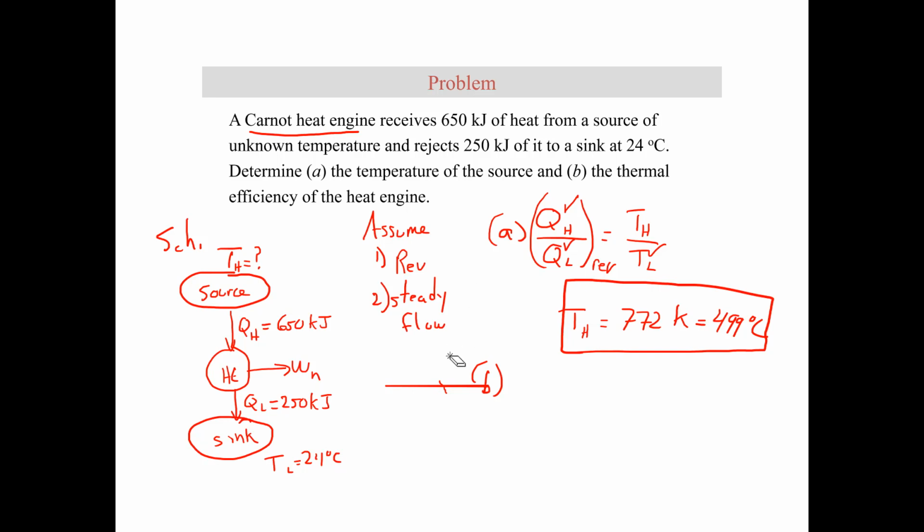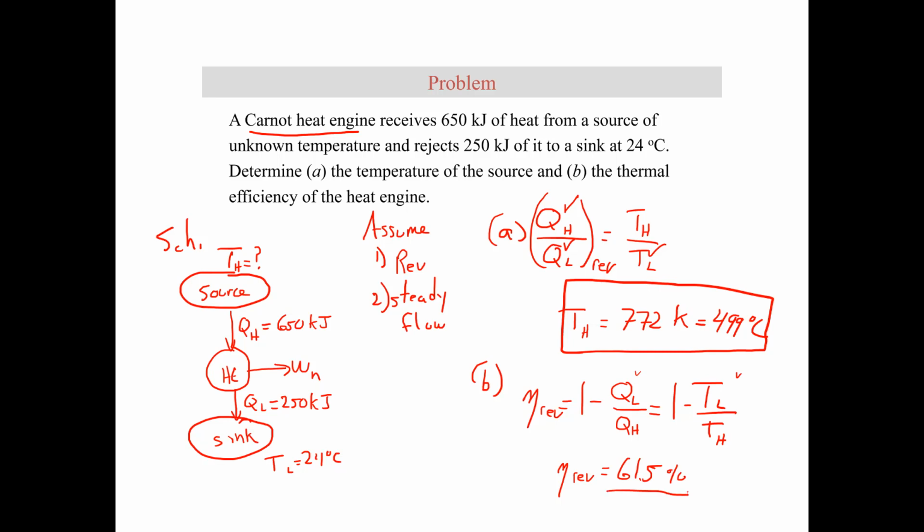Part B is asking for the thermal efficiency of the cycle. If you remember, the efficiency for a reversible heat engine is 1 minus QL over QH, which is also equal to 1 minus TL over TH. That is for reversible. If it's irreversible, you would just use 1 minus QL over QH. But since it's reversible, you can use either one. If you plug in the numbers, we can compute the highest possible efficiency, the Carnot efficiency, is